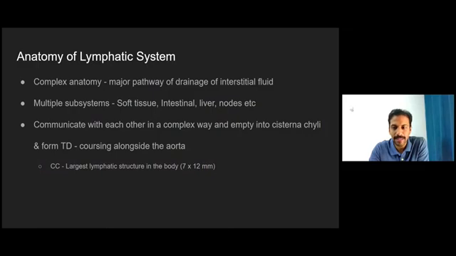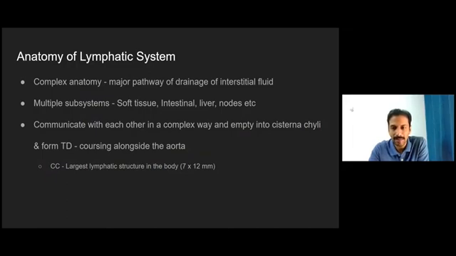For example, soft tissue lymphatics, which will drain the lymphatics from the upper limbs and the lower limbs. There is intestinal lymphatics, which will drain the chyle into the lymphatic system. The liver will have its own lymphatic subsystem, which is rich in albumin, and other lymphatic organs like lymph nodes, etc., which we all know. And all these subsystems communicate with each other in a very complex way,